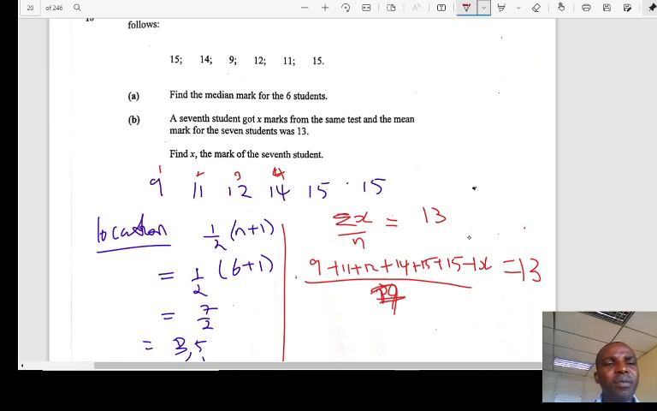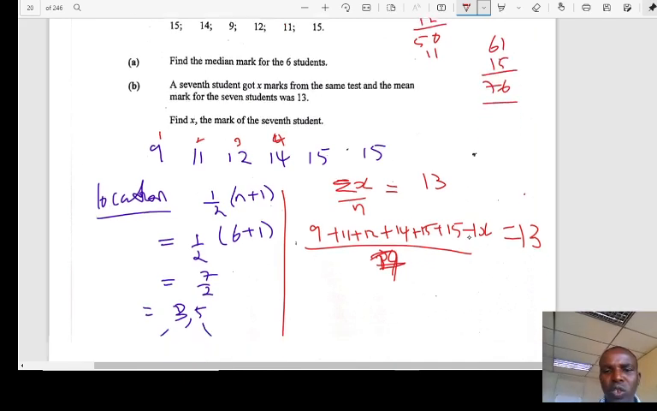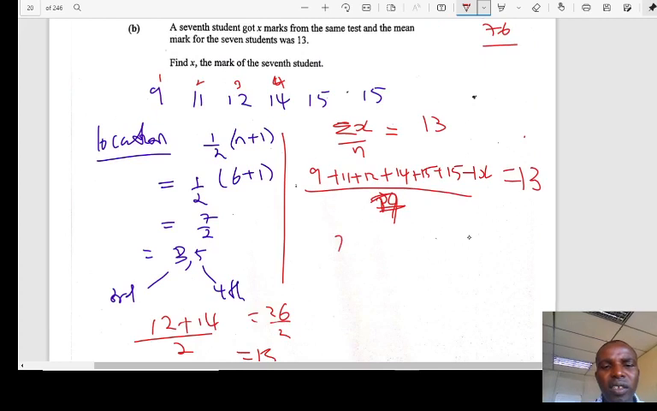15 plus 14 is 29. 29 plus 9, what do we get? It's 38. 38 plus 12, 0 here, is 50. 50 plus 11 is 61. 61 plus 15, what do you get? 6 here, 76. So the sum is 76 plus x over 7